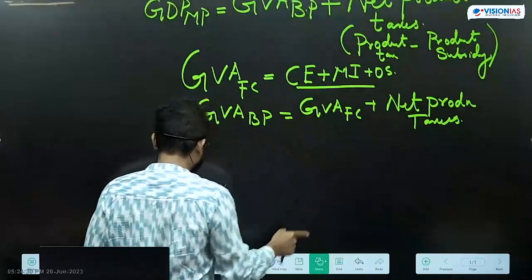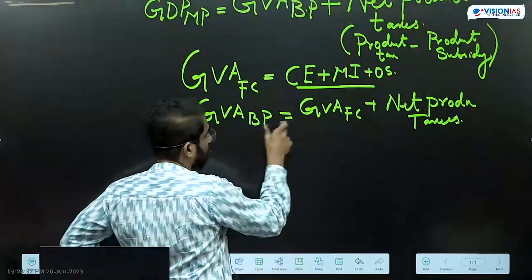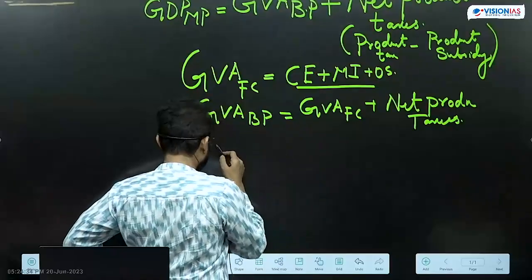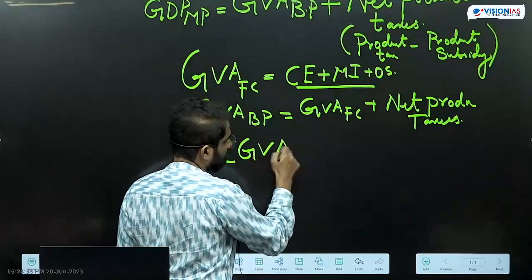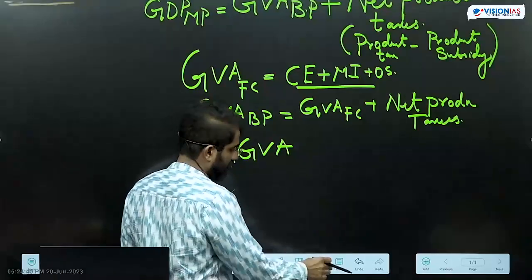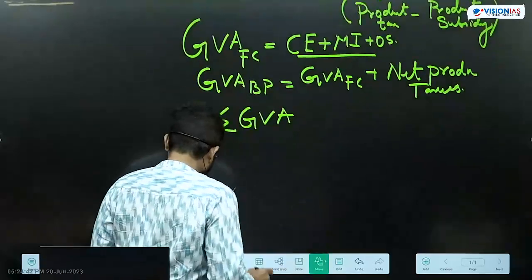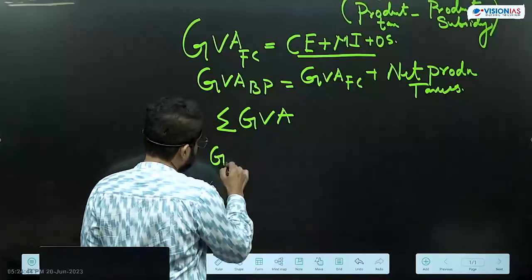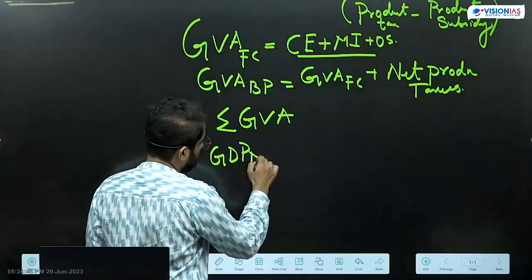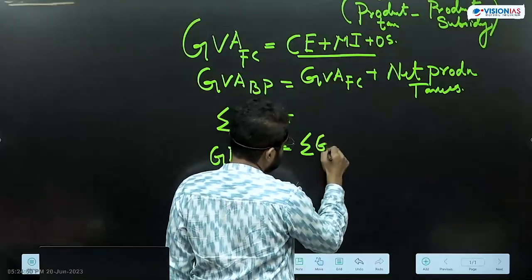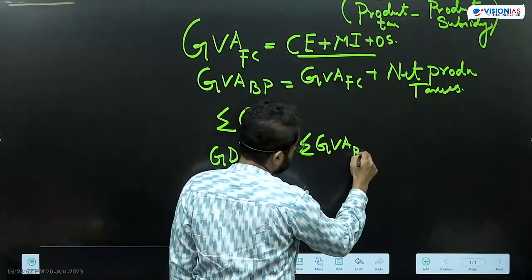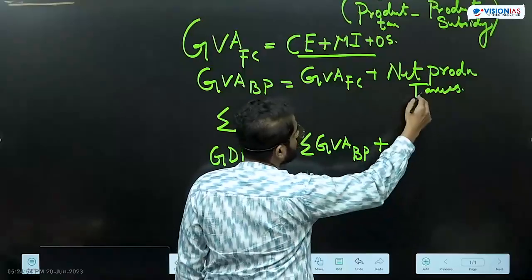Then you find out GVA for every sector and do a sigma over every sector. Then you come to GDP at market price, which is basic price plus